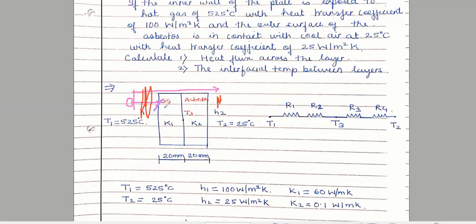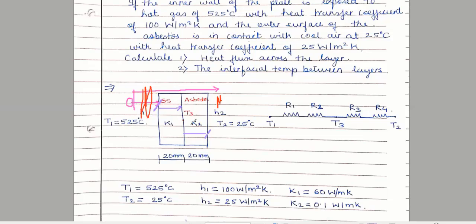Now again, the heat has reached over here. So from here to here, again another solid surface. So this solid surface will offer some resistance, hence resistance number 2. Now the heat has reached over here. It will move from here to here. Okay. So now the heat has reached over here. So this surface again will offer some resistance, hence the third resistance.